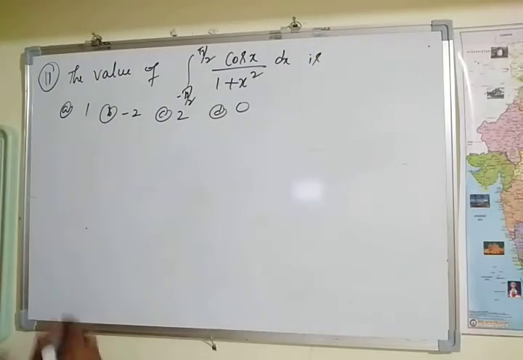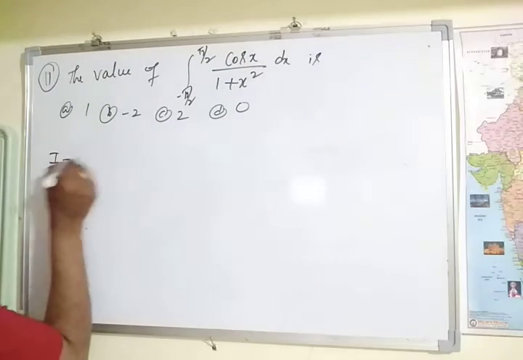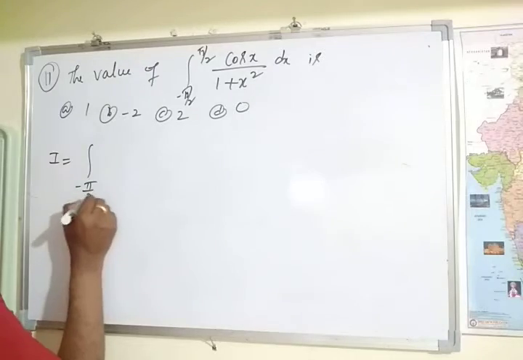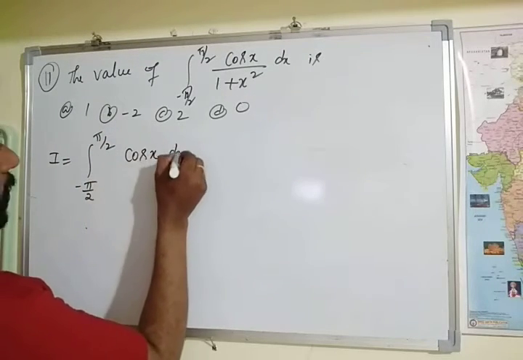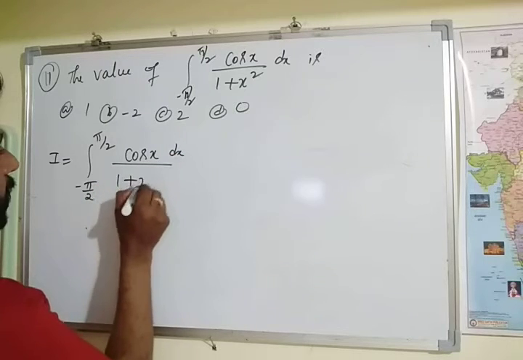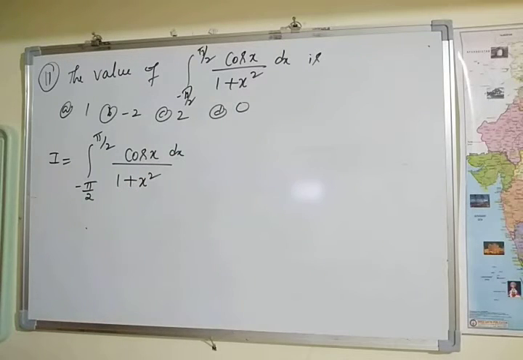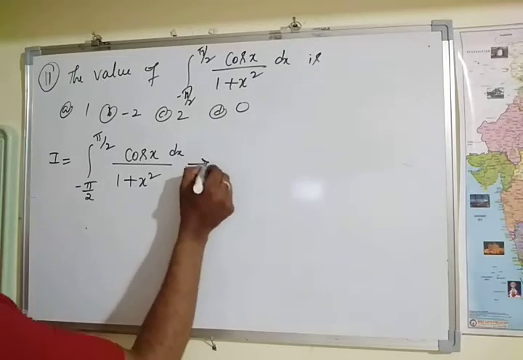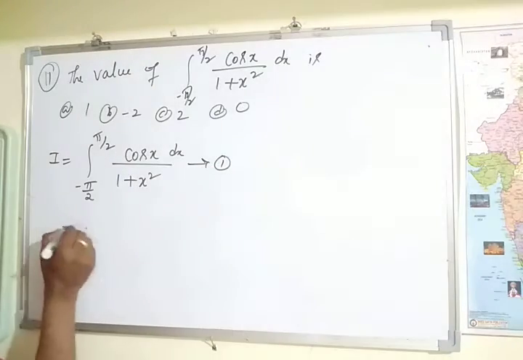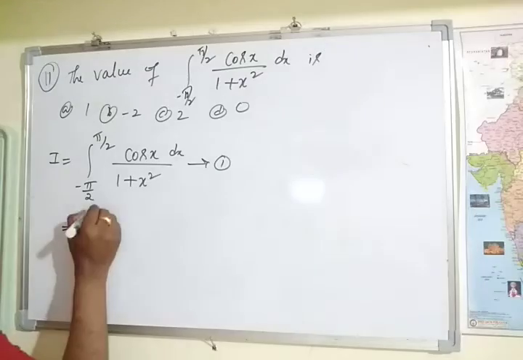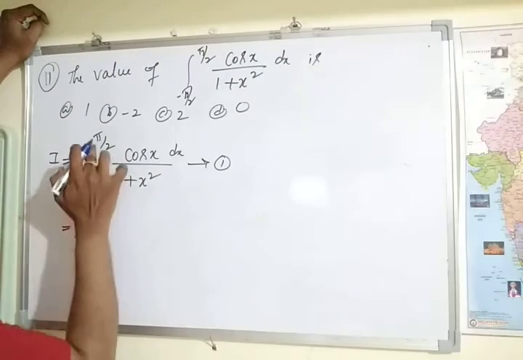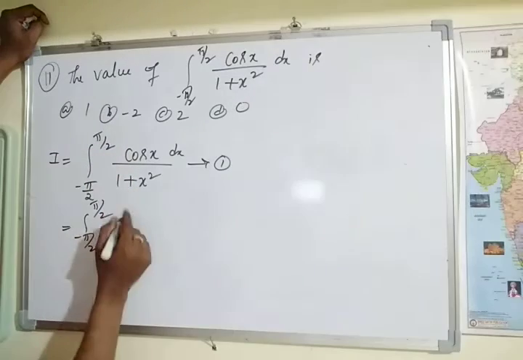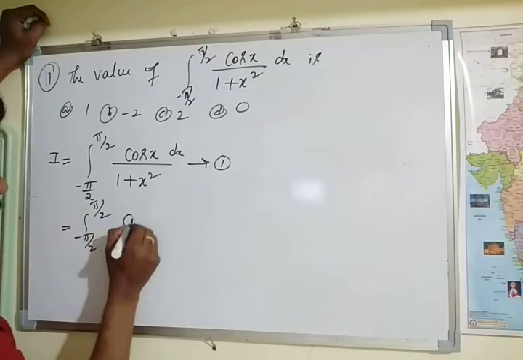See, here we have the next example. I is equal to integral of minus pi by 2 to pi by 2 cos x into dx divided by 1 plus e to the power x. So now here apply, consider equation number 1. Apply the same property here also. Integral of minus pi by 2 to pi by 2 cos of, minus pi by 2 plus pi by 2 gets cancelled. We get minus x, cos of minus x.